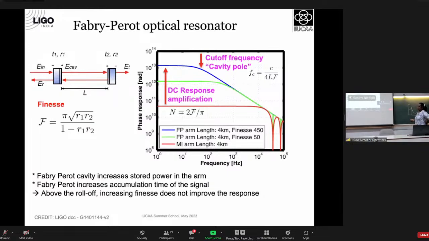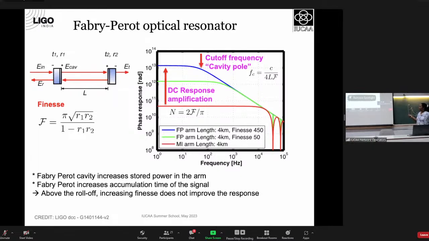So I'm defining a parameter called the finesse of the cavity, because every Fabry-Perot cavity is defined by it. It's actually a measure of the losses in the cavity if you want to think of it in simpler terms. And in here I'm assuming that the loss is coming only from the mirror properties, R1 and R2. I'm not including any other effects of scattering or diffraction. None of that is being included, only the reflectivity, considering an ideal situation. In that case, my frequency response